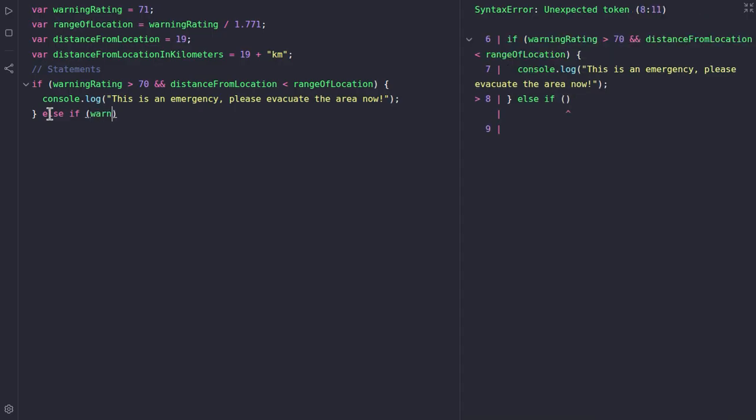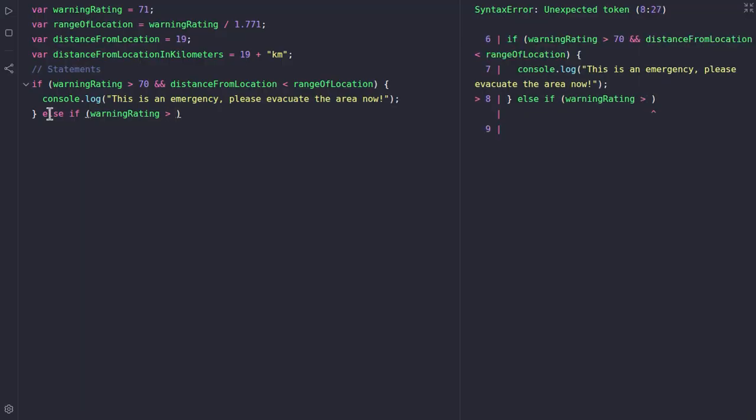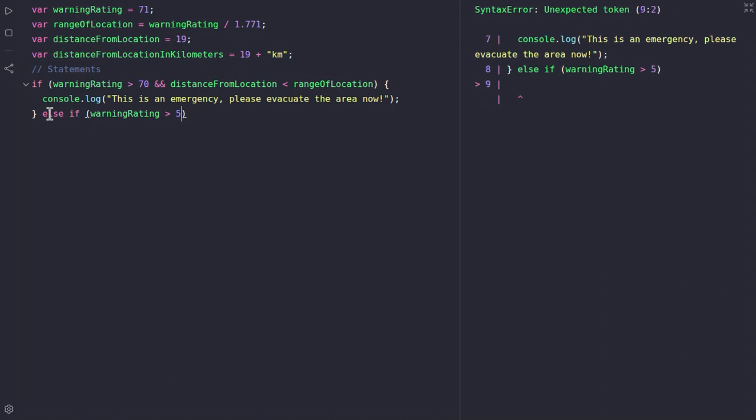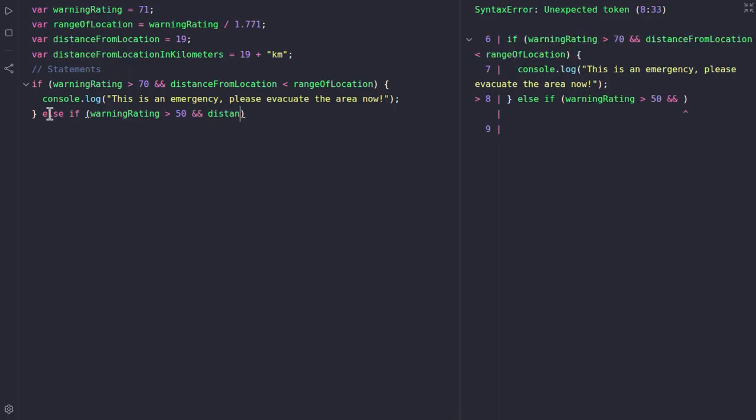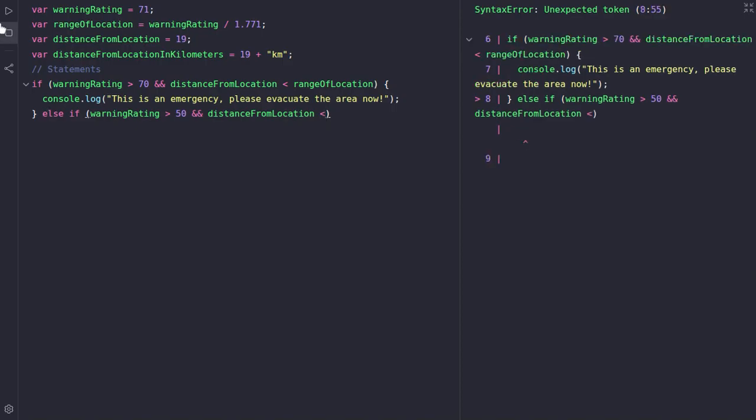So I'll do warning rating is greater than 50 and the distance from location, then